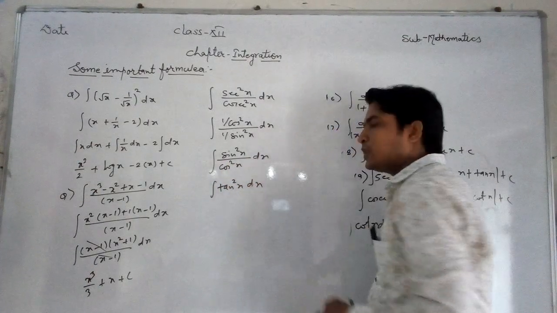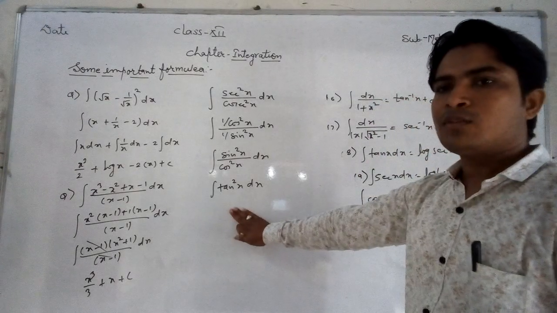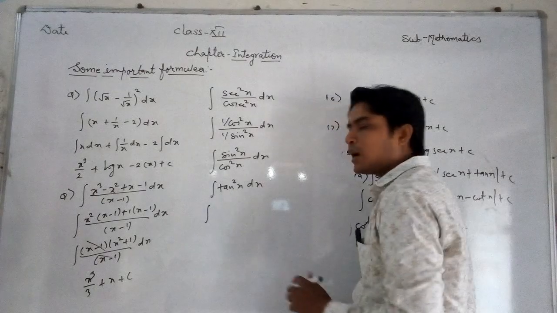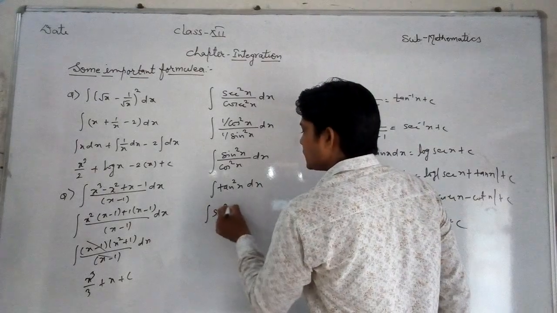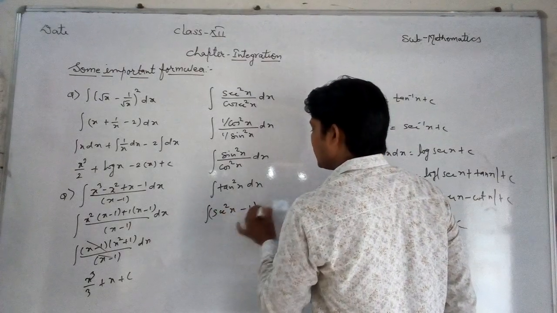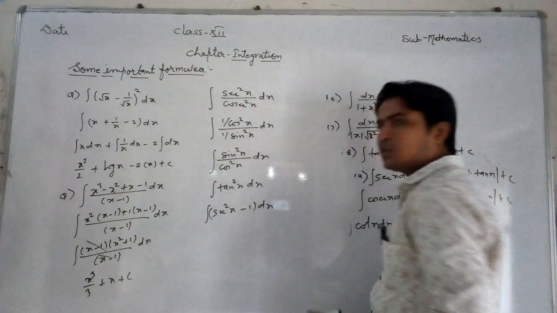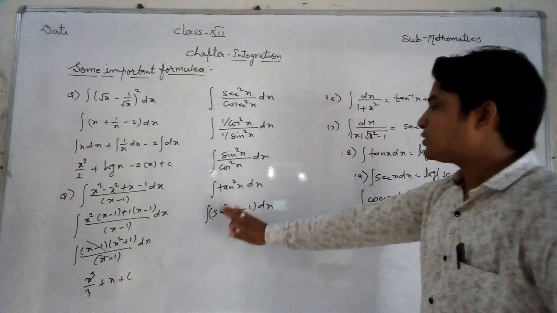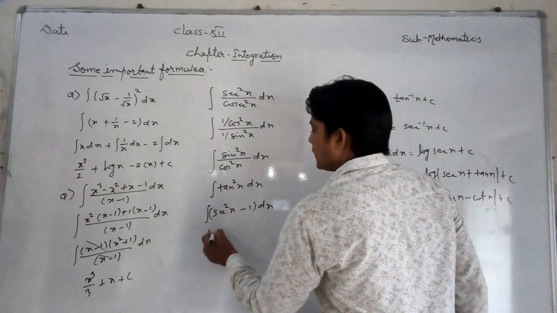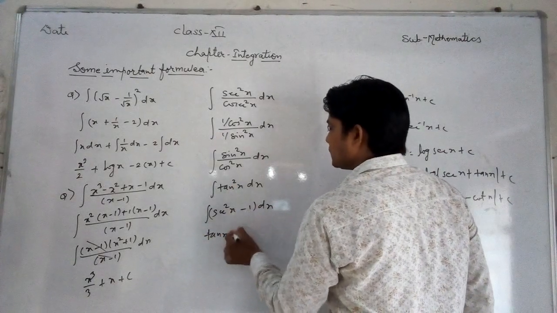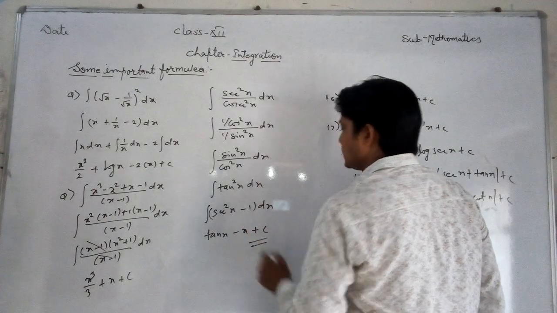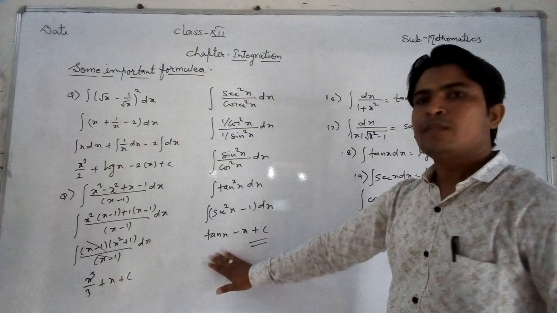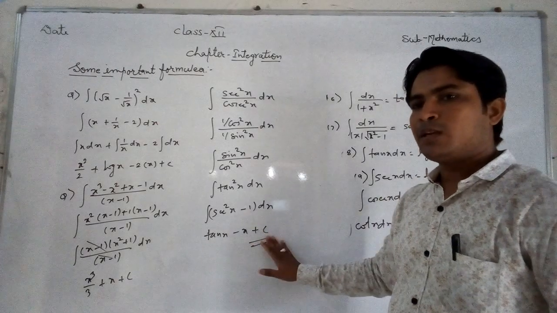We know that in the basic formulas we do not have the value for tan square x. So first, using the trigonometric identity, tan square x equals sec square x minus 1. Now the integral of sec square x is tan x, and of minus 1 is minus x, plus c. So the integral of sec square x upon cosec square x is tan x minus x plus c.